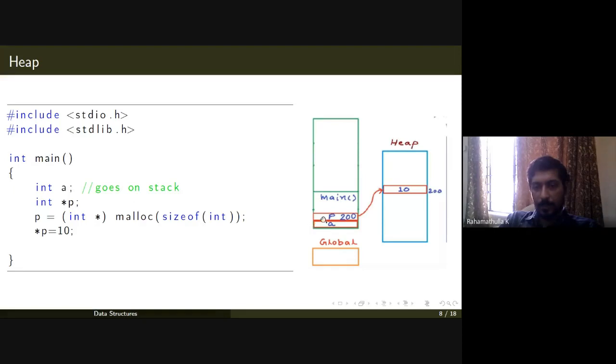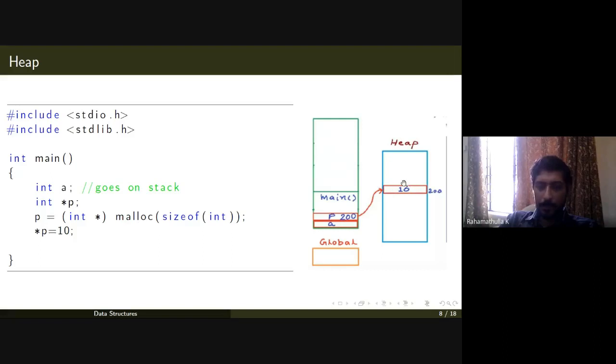These two variables will be allocated space in the stack section, and you create a storage space in the heap by using the malloc function. Malloc usually returns a void pointer.